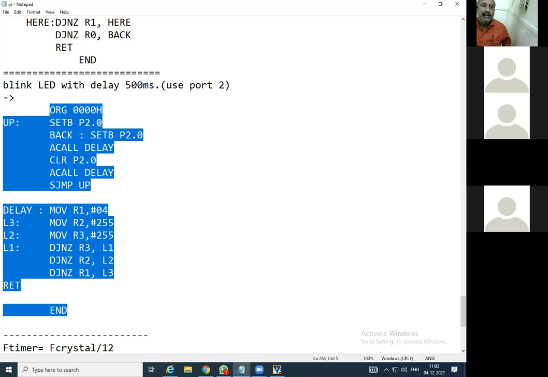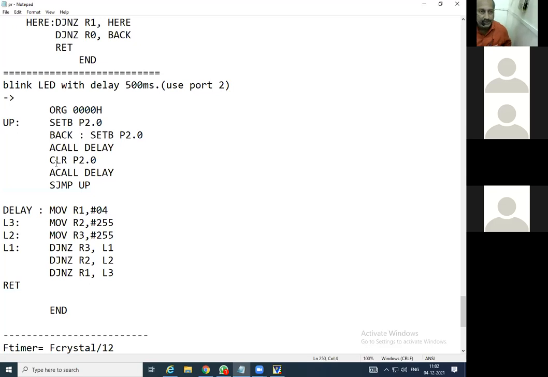Then the next one, I think it is repeated. Up and back, it is done 2 times. So let us check out something, we have to modify this code. This step might not be required. Okay, back was repeated.